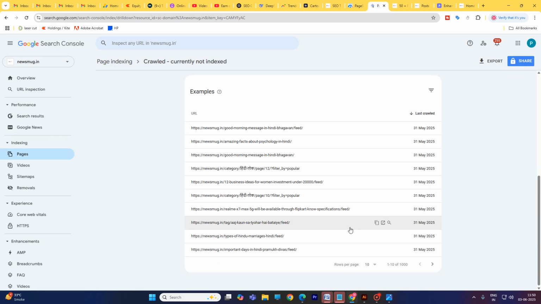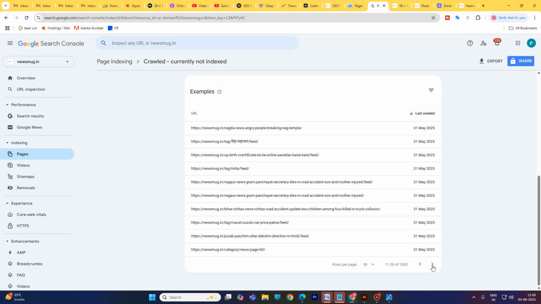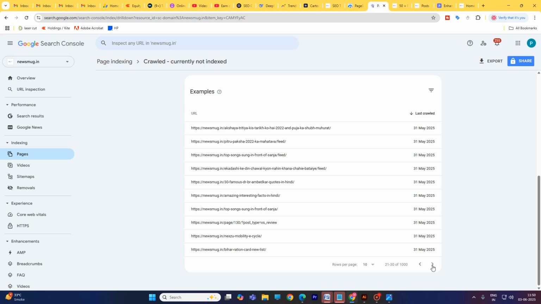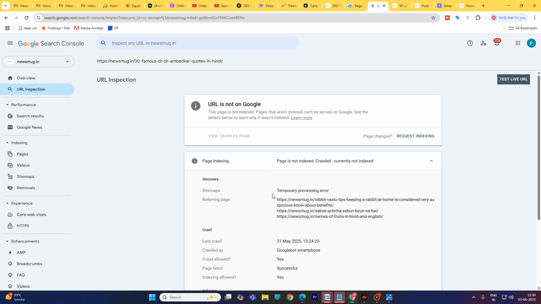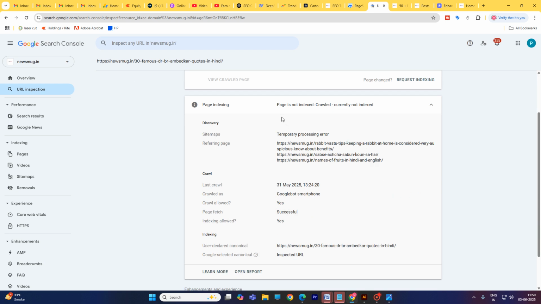This is the URL I want to index. If I click here, you will see this page is not indexed, crawled currently not indexed.